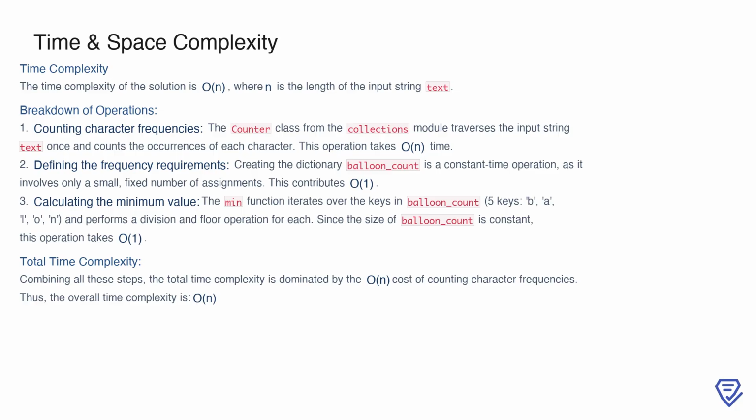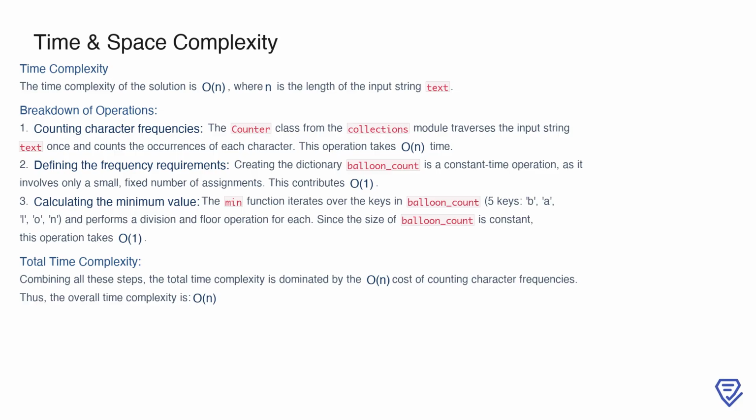Next, we define the frequency requirements for the word balloon by creating a dictionary called balloon_count. Since this dictionary only involves a fixed number of assignments for 5 specific characters, its contribution to the time complexity is constant, or O(1). Finally, we calculate how many complete instances of balloon can be formed using the min function, which iterates over the 5 keys in balloon_count. Because the size of this dictionary is fixed, this step also takes constant time, or O(1). When we combine these steps, the O(N) cost of counting character frequencies dominates the total,